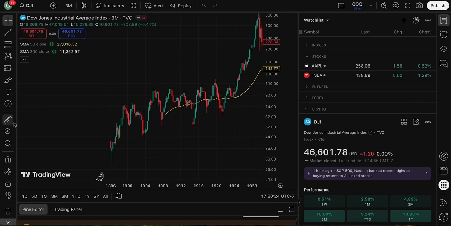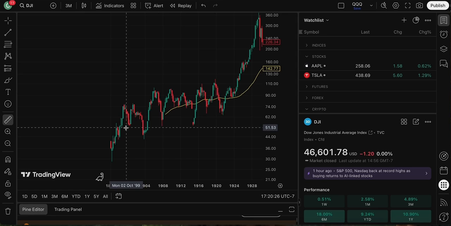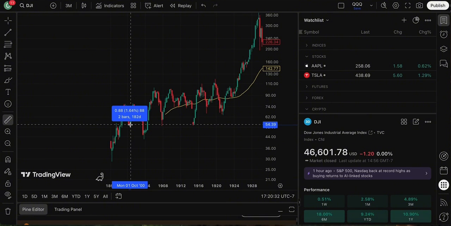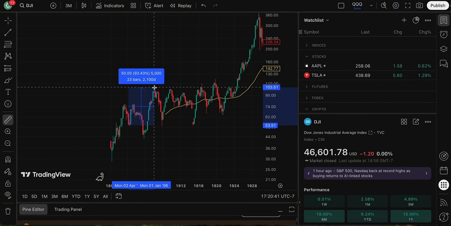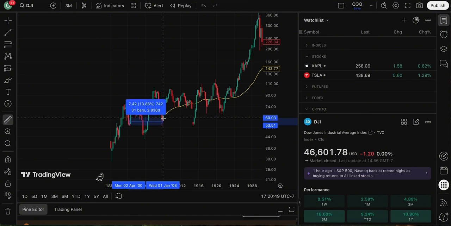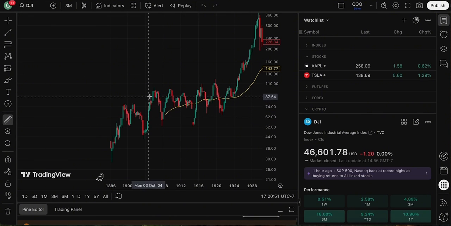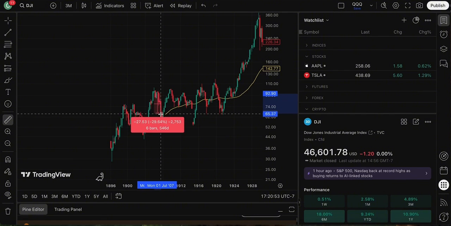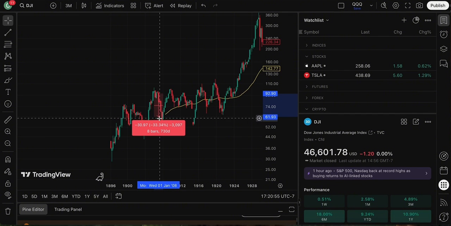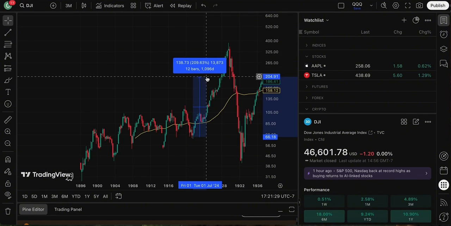So, example, 1900s. From the 1900s, let's just take it from 54.39. 7 years later, prices are higher. 1906 ends at 103. What happens after this subsequently? You actually have a correction that was about 2 years. It ended in 1908. Another example,